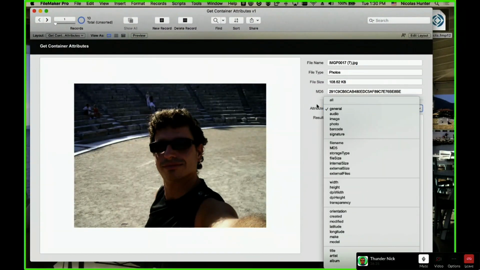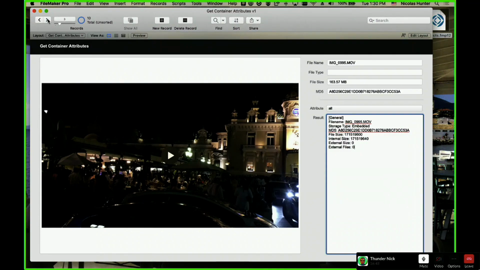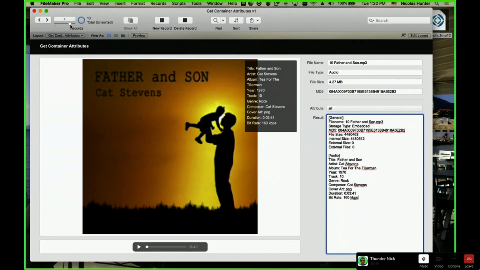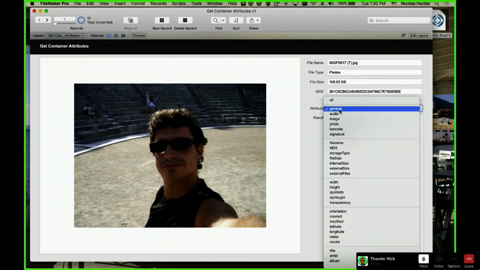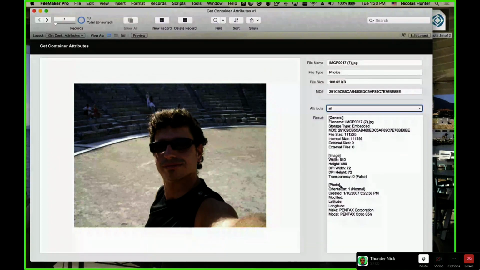So all the object types have a general group. Here you have the same thing, see? You have the general, you have file name, storage type, etc. So everybody has this, videos and signature, and audio. And after that, you have different groups.